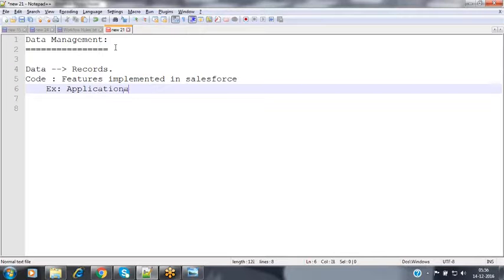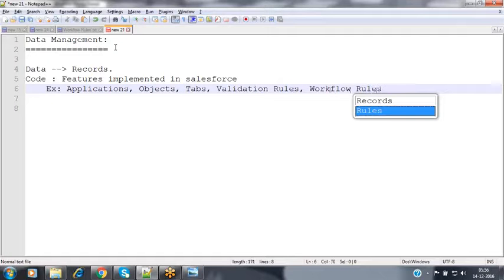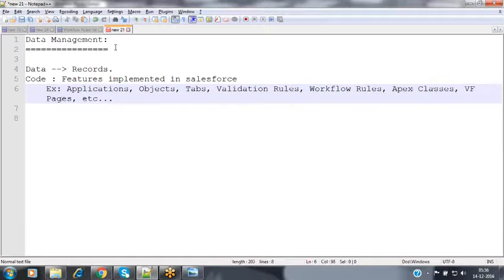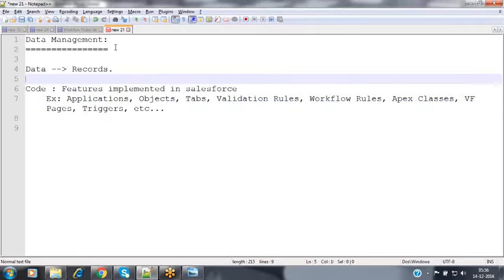We have created some applications, some objects inside them, some tabs, some validation rules, and some workflow rules, etc. Along with that, whatever Apex classes, Visualforce pages, and triggers we have created, everything, whatever functionalities we have discussed as of now, all come under the code. Now here we have to migrate the code and we have to migrate the data.